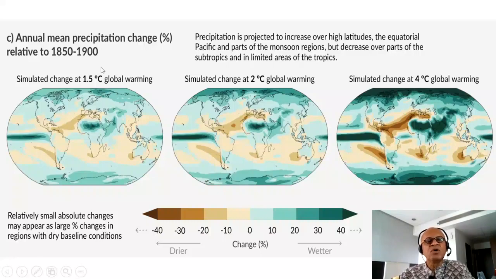So 1.5 degrees C warming, 2 degrees C warming, and 4 degrees C warming, and you can see that the monsoon domain here remains positive in all cases and gets quite intense in terms of percentage change with 4 degrees C warming, which again has to be understood in terms of the model biases in dry terrestrial rainfall bias, biases in extremes and cumulative rainfall days, cumulative dry days, and so on, which we looked at with convective parameterizations. But in general, you expect that the ocean will warm slower than land because of heat capacity differences.